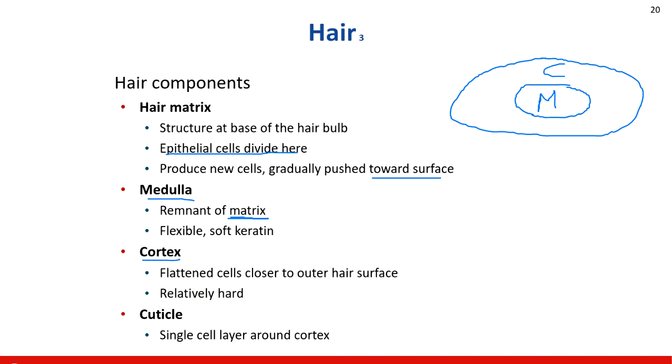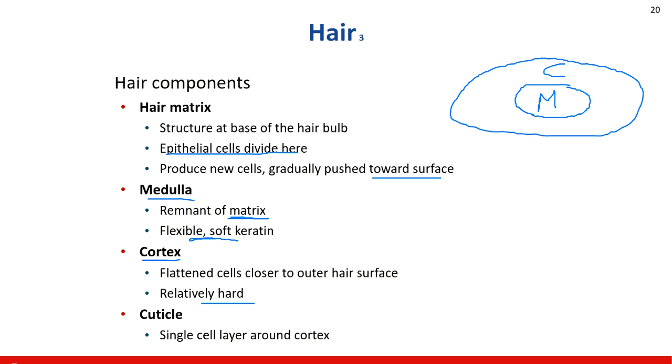So it's going to be a more flexible but softer portion of the hair. The outer portion, that's the cortex, so that's going to be more on the outer edges. That's going to be the harder portion, the portion of the hair that gives it its kind of stiff